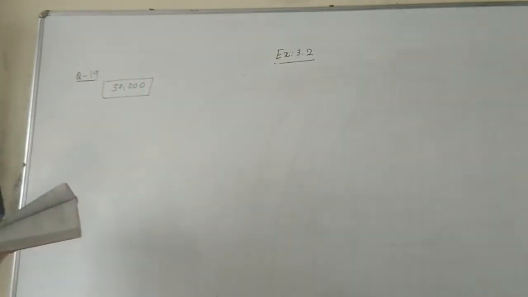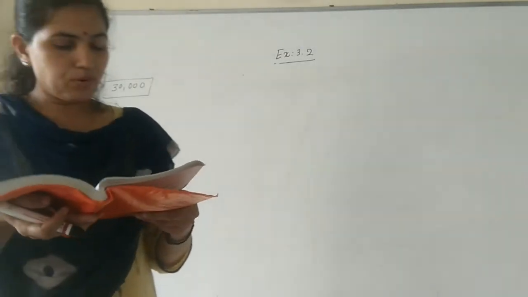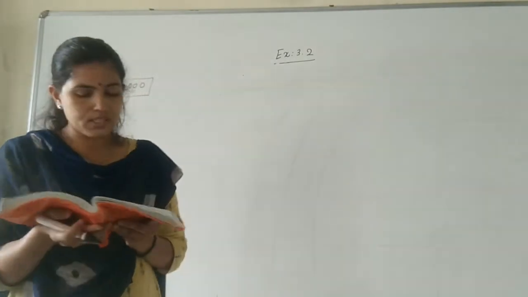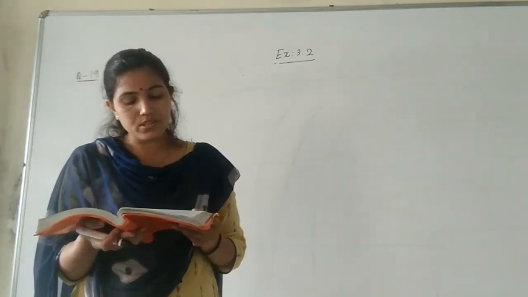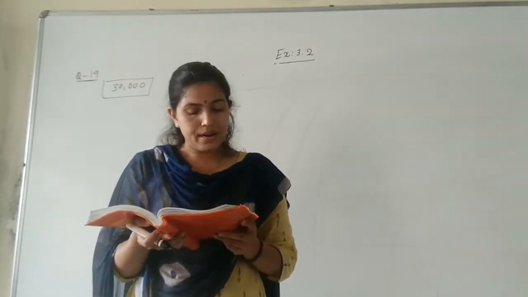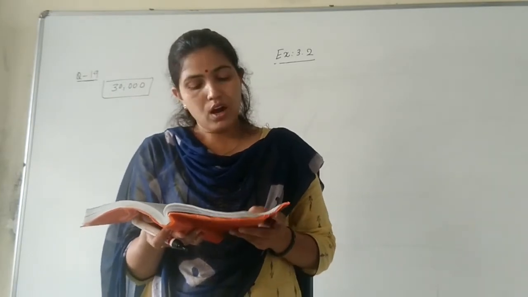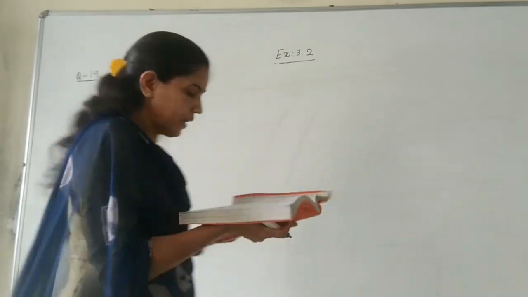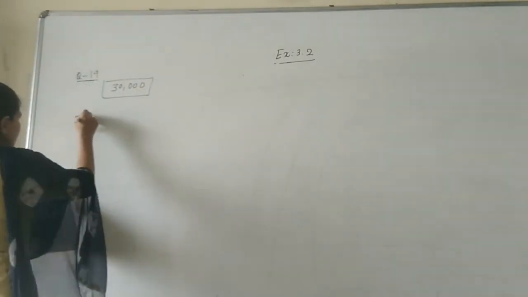The trust having 30,000 must be invested in two different types of bonds. The first bond pays 5% interest per year and the second bond pays 7% interest per year. Using matrix multiplication, determine how to divide 30,000 among the two types of bonds, if the trust fund must obtain an annual interest of